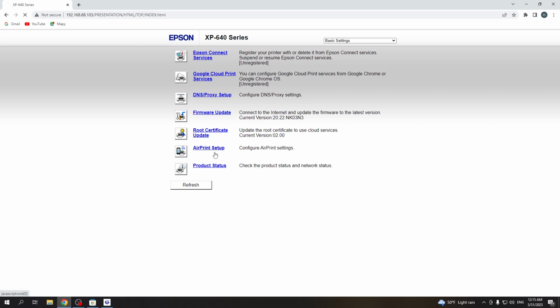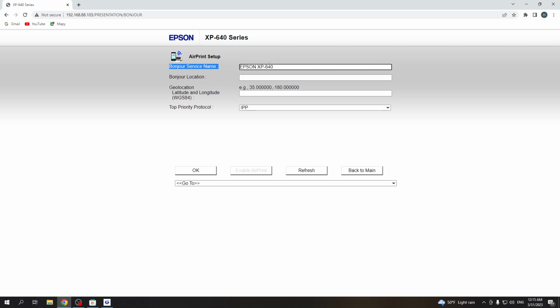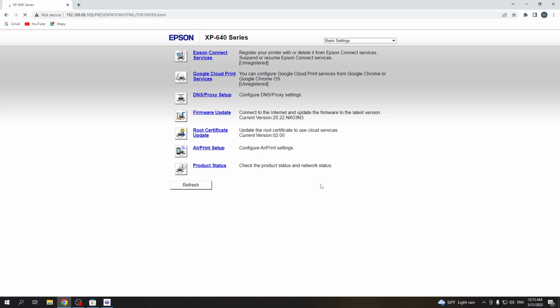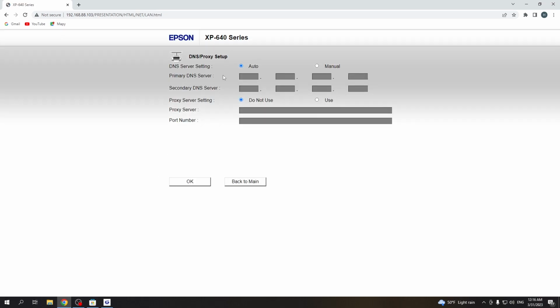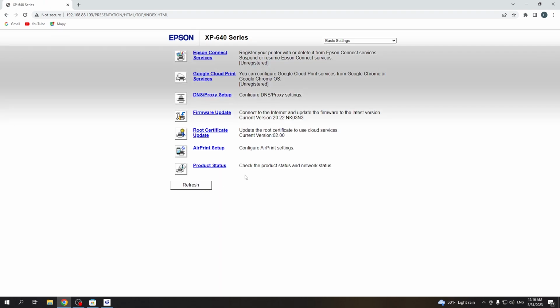your AirPrint setup. Here you will see your network name. Great. When you see your network name and your location, you get back to the main menu. Then you will see your DNS and proxy setup. Here, if you have manual settings, you can check your network DNS and proxy setup. If you have auto, you can change it to manual, and then you will know